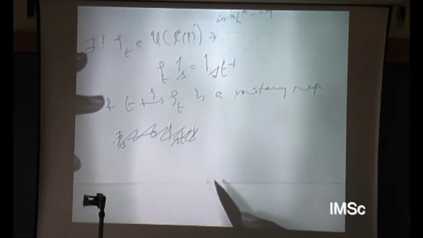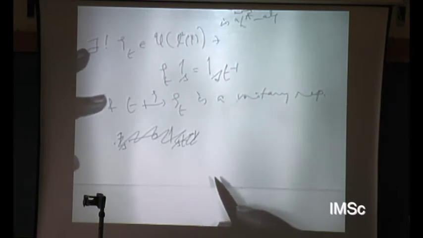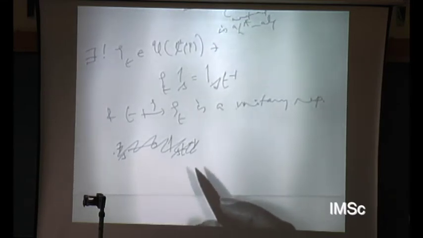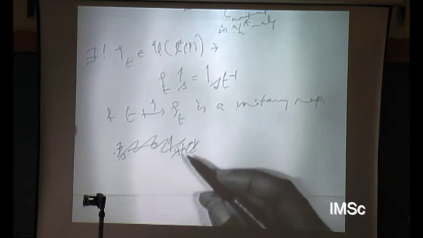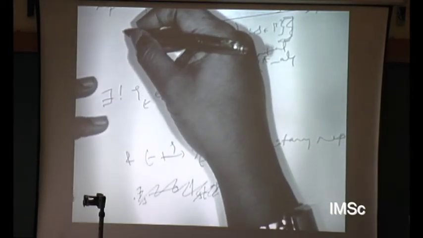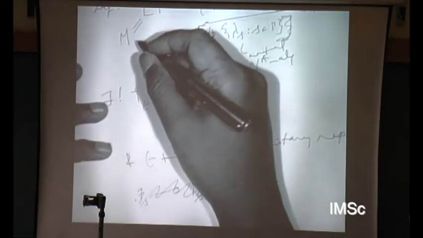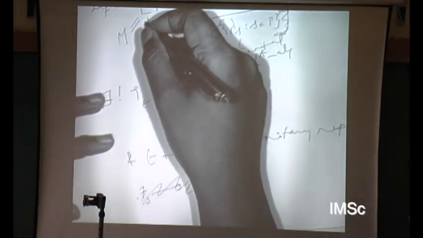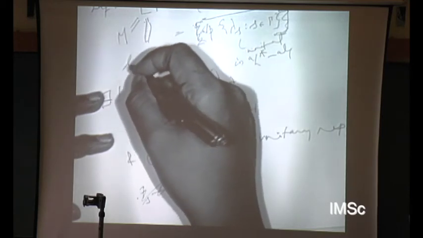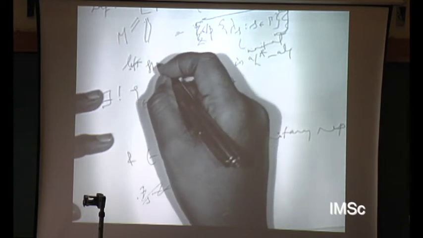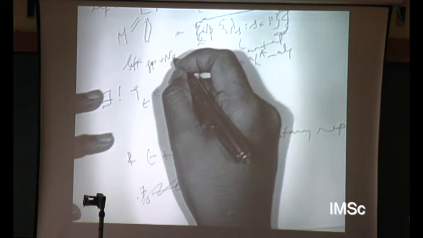And so let me call this M. This is the so-called left group von Neumann algebra. Okay. So the point is